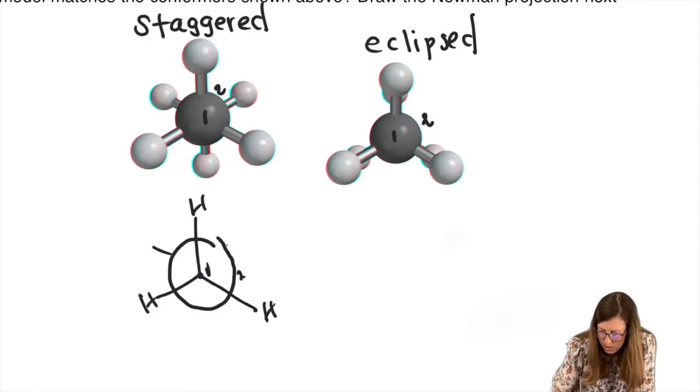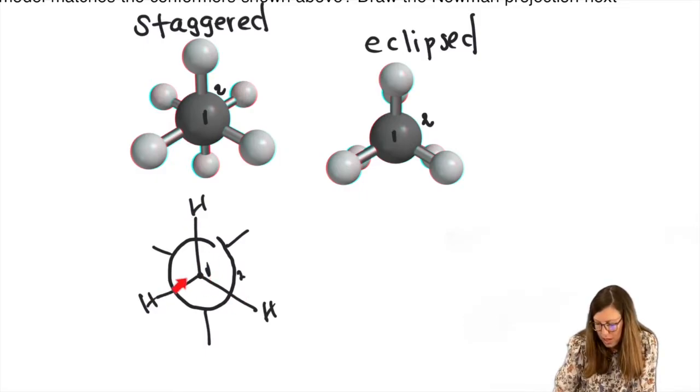And notice what we're going to draw, our H's this way. So the front looks kind of like this little Mercedes-Benz symbol here, right? But I like to also think about it as a Y shape. So it looks like an upside down Y. And because it's staggered, we have the opposite. We have the right side up letter Y there. So let's fill those in. Those are all H's.